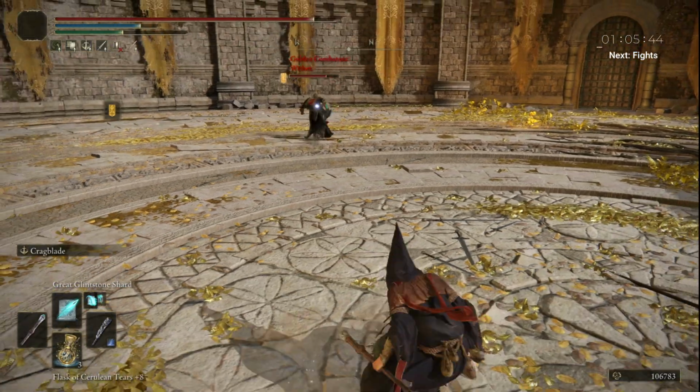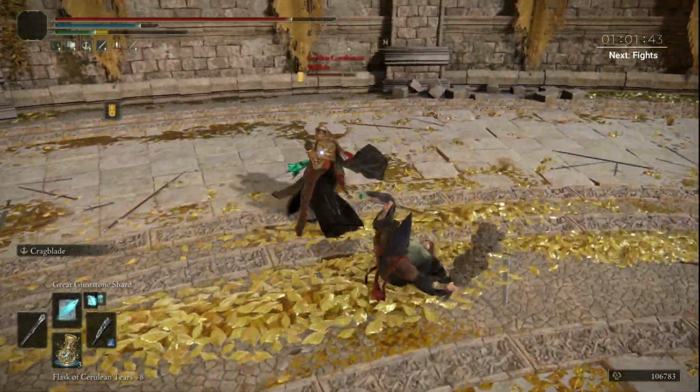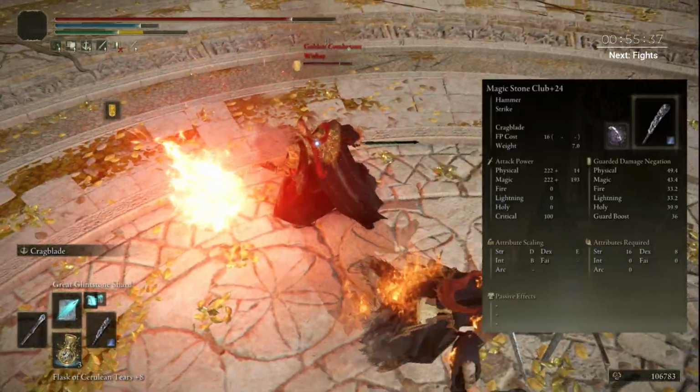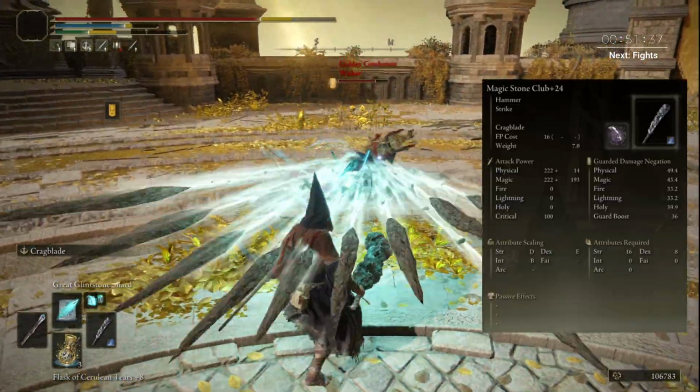But can we squeeze out even more power? Yes we can, and we'll accomplish this by keeping most of our equipment and stats the same, by adding Cragblade onto our Stone Club for even more stones on our Stone Club. This will boost our physical damage by 15% and our stance damage by 10%, with the latter being more useful